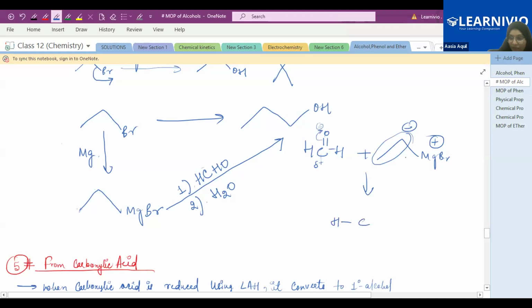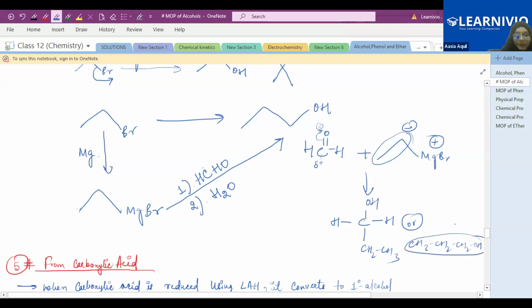This group, the ethyl group, will come and join over here. You can write C2H5, or you can use the CH2CH3 group, right? And here the OH group and here the hydrogen. Okay, so now you can see it will give you CH3CH2CH2OH, which is a propanol,